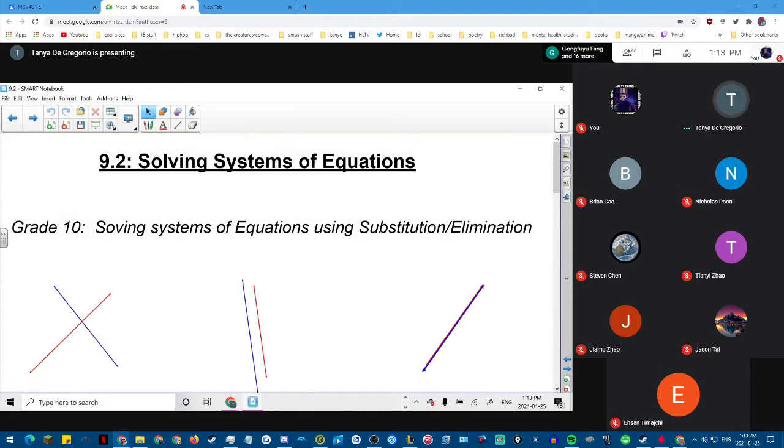So not so much about any intersections. We're still only going to be talking about the intersections that we learned in 9.1, between a line and a plane and between two lines. But I'm going to talk to you about how to solve systems of equations using a matrix. Okay,